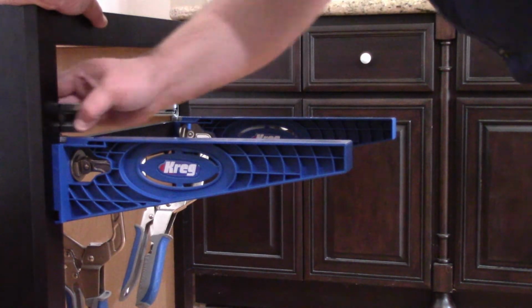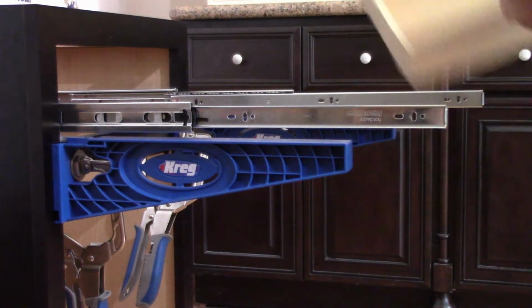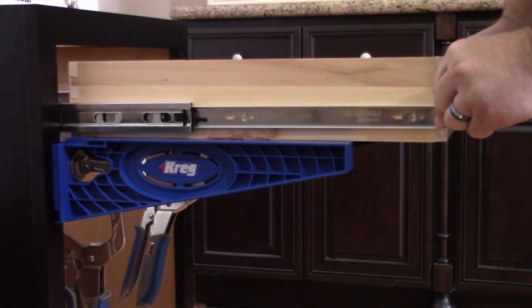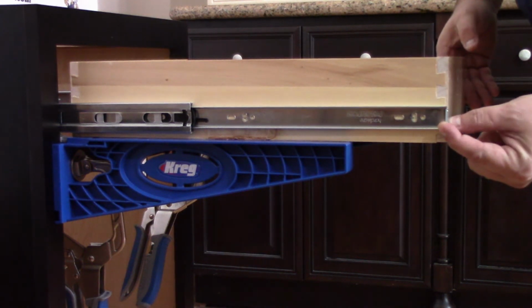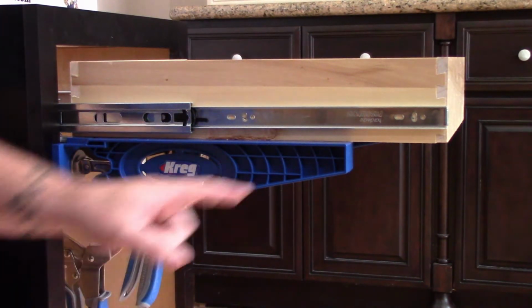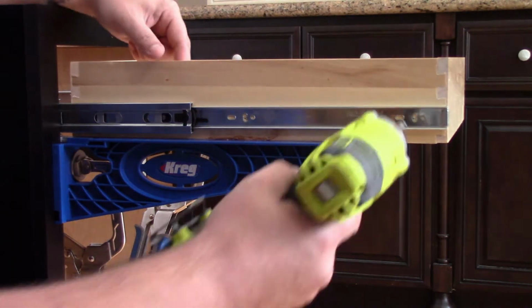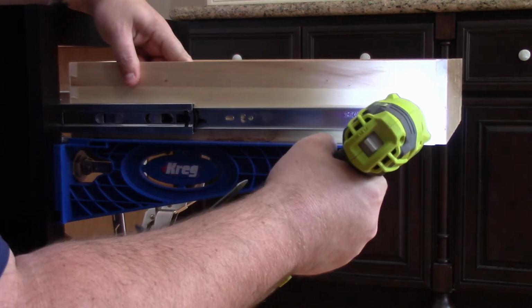Next, we're going to go ahead and fully extend our drawer guides, and we'll set the drawer in between them, right on top of the jig, and we will flush the front of the drawer guide to the front of the drawer box. Now we're going to go ahead and put our screws in our first and middle hole on each side of the drawer box. We're going to need to take the drawer box out to get the last screw into the back of the drawer,